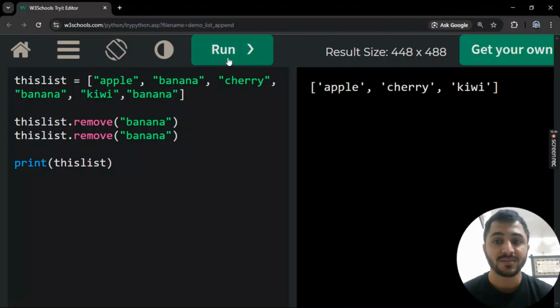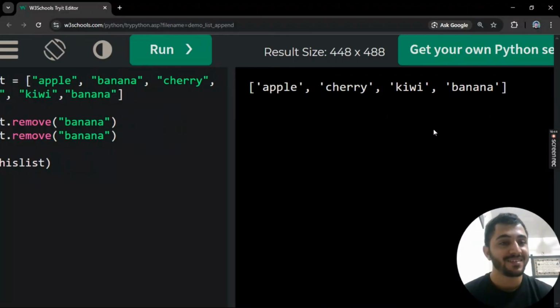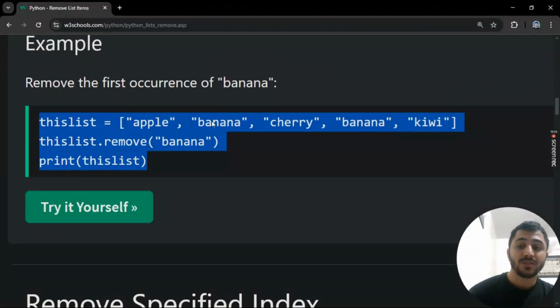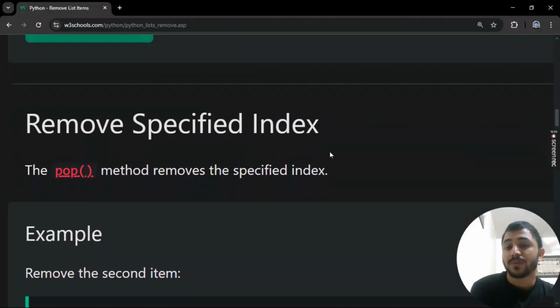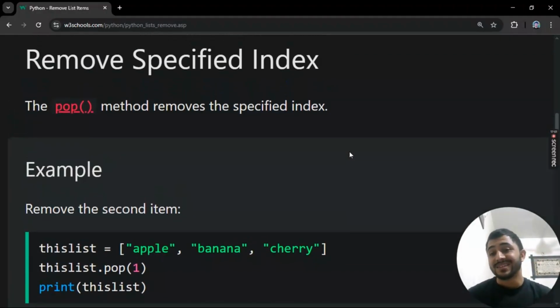So what it does, we will still have one banana. You can see that. For removing each banana or each value, we have to call the remove method again and again. So this is how it works. Remove specific index. For inserting at a specific index, we use the insert method, and for removing a specific index,